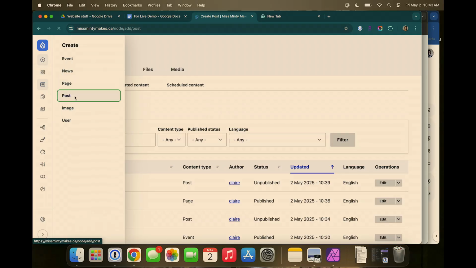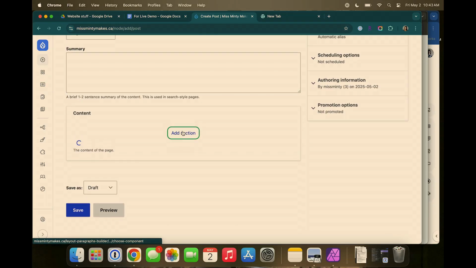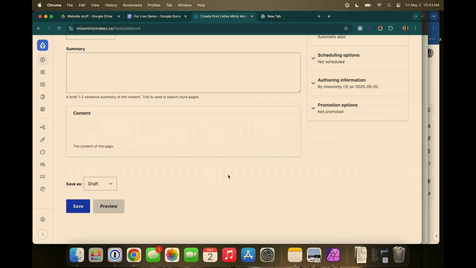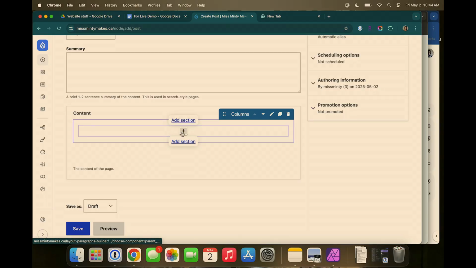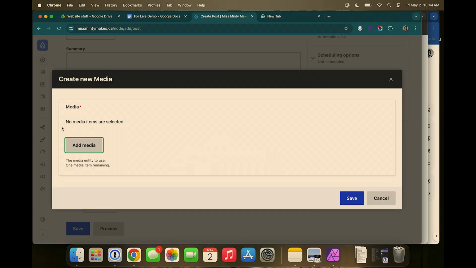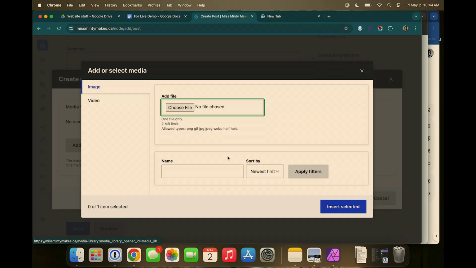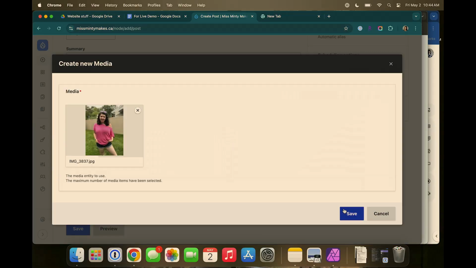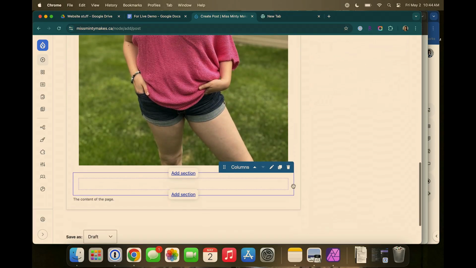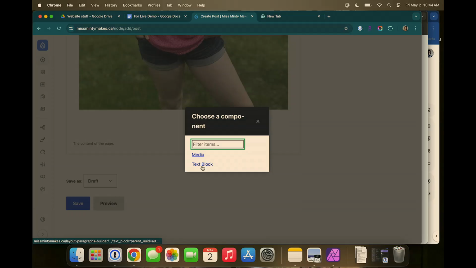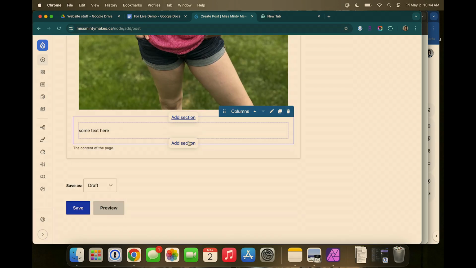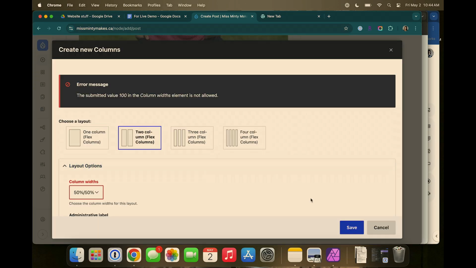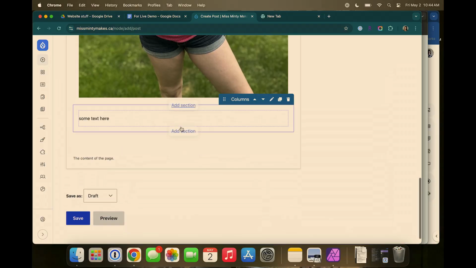paragraphs, add a section. So if we just keep it one column for now, you can add as many sections as you want to. You can have this first one be a media, and have an image. Just use one that's already on my site. And then you can put some text here. And then you can continue to add more columns below it as you wanted to,